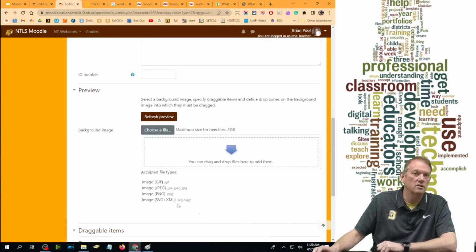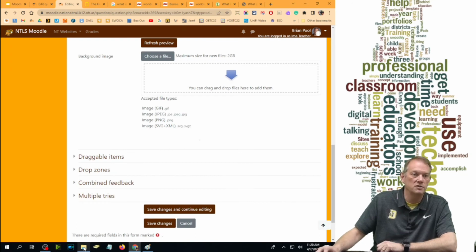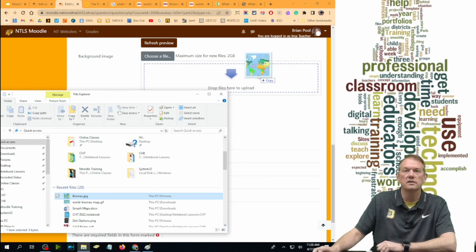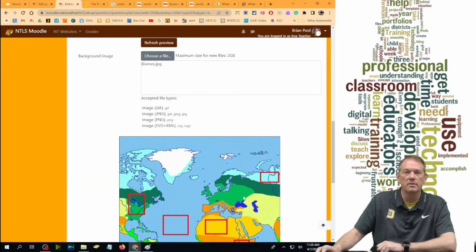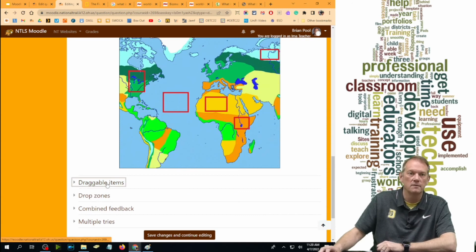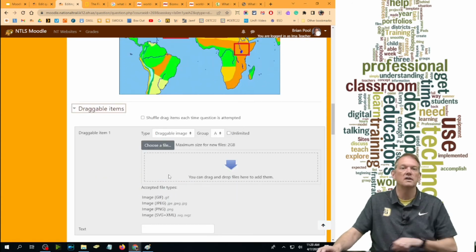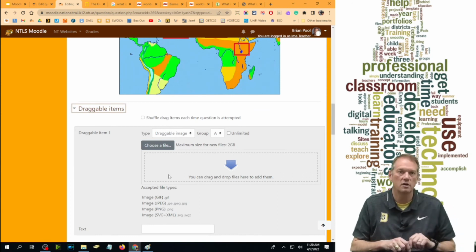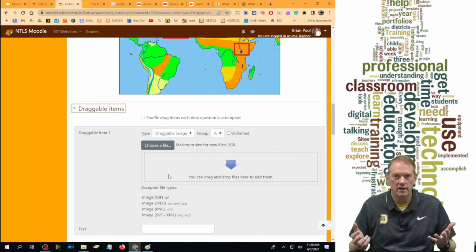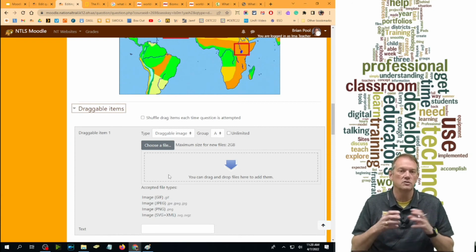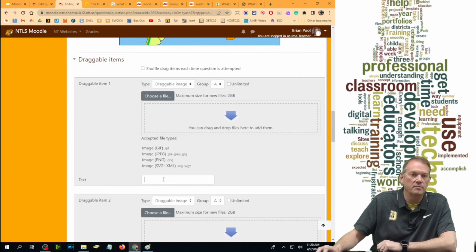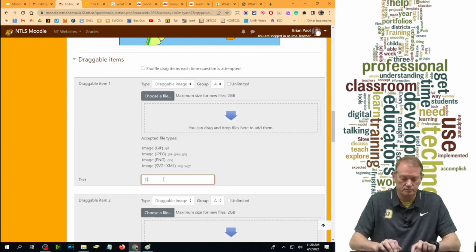Down here, it has a spot for the image. My image is right here, and I just dragged it right there. And as soon as I do, it shows up, and then the preview shows up down here. The only difference now is I can drag pictures onto pictures, whereas on the other one, I'm dragging those words up, the markers up. Now I can drop more pictures down here to drag up there, or I can just say